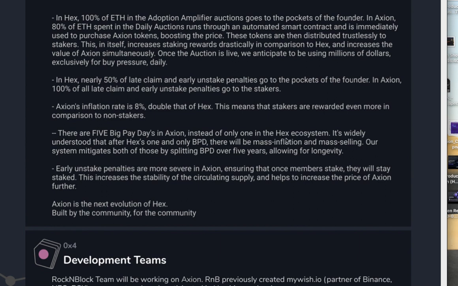Instead of only one in the HEX ecosystem. So HEX only has one, which is coming up on November the 19th, 2020. This will have 5 every year. It's widely understood that after HEX's one and only big payday, that's BPD, there will be mass inflation and mass